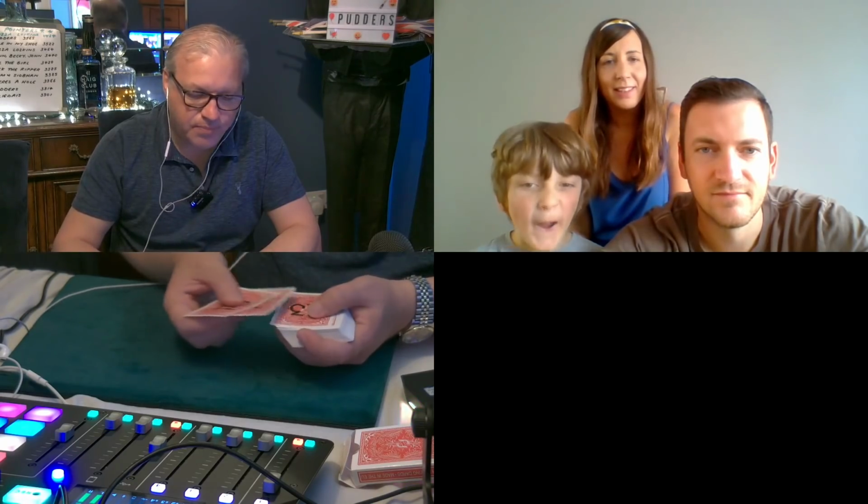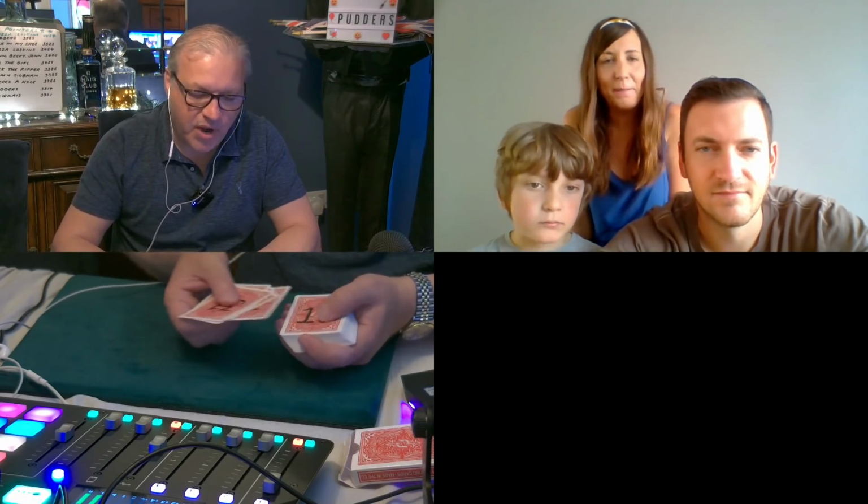I shuffle them up, and on the back of each card I write a number from 1 to 52. All right? So every card's got a different number on the back. And my job to improve my memory is to try and remember what cards are by what numbers. Now, if I could tell you what card was by your number, that's pretty impressive, but it's no more than